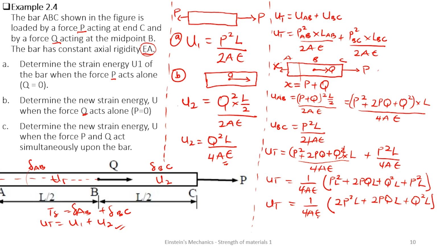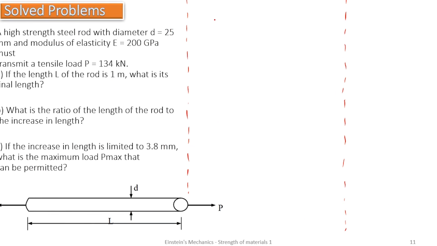Very good. So meaning if P and Q are acting simultaneously on the bar, this is going to be the total strain energy induced in the bar. So if you have the values of the force and the length, you just plug them in, then you calculate for the U total. Okay, so in this example, we have a high strength steel rod with diameter